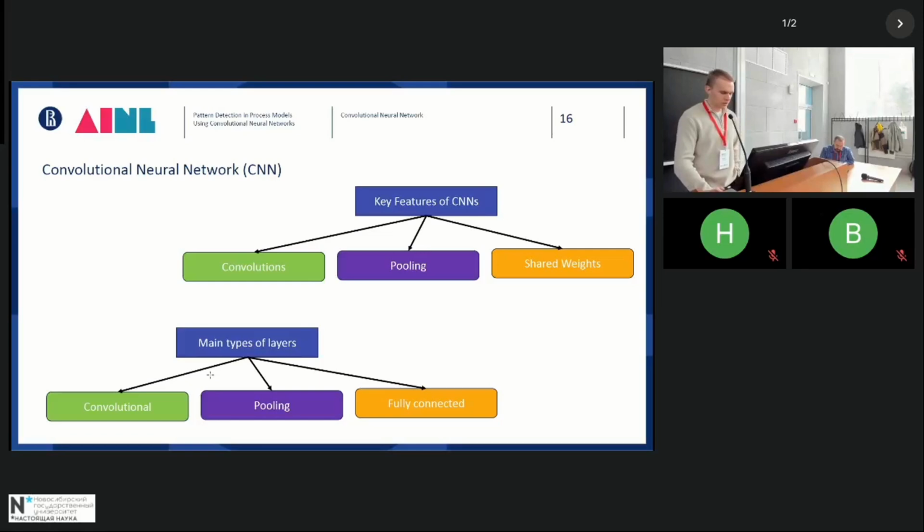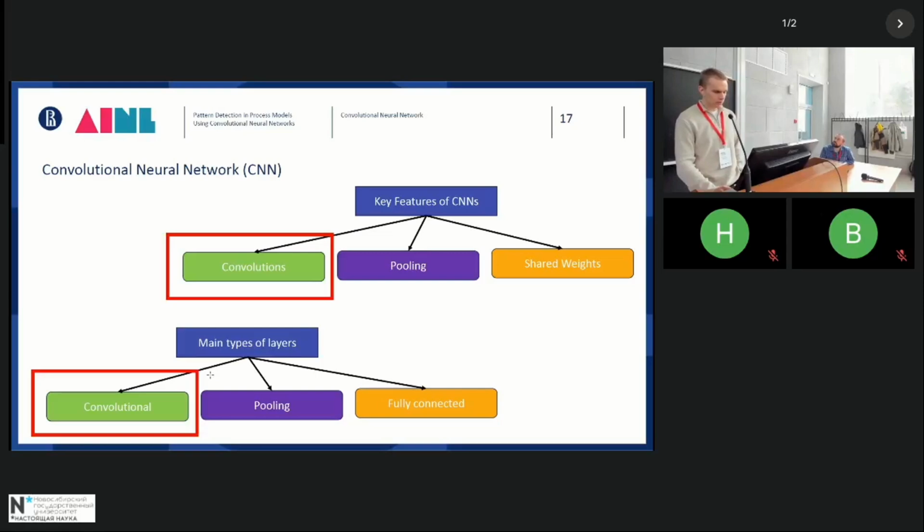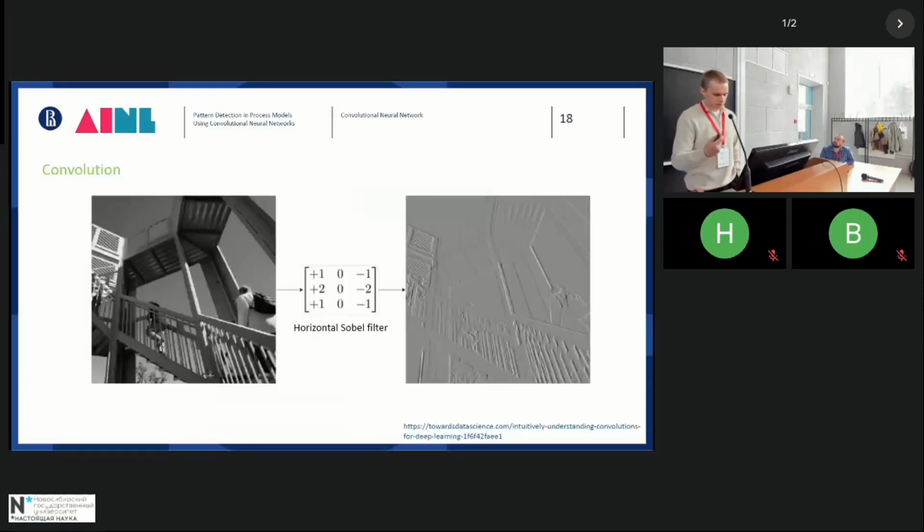I guess you understand it really well, so we will go through them really quickly. The first one is convolution, and the convolutional layer in convolutional neural networks. The basic idea behind convolution is filters. Filters are not a new thing in convolutional networks; they existed before convolutional neural networks. And here is a horizontal Sobel filter